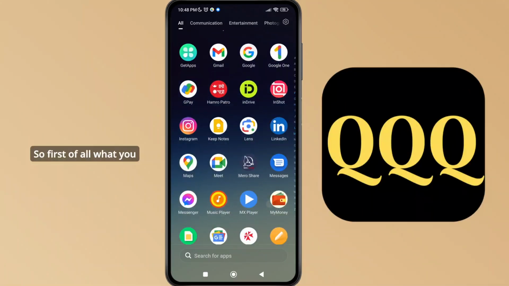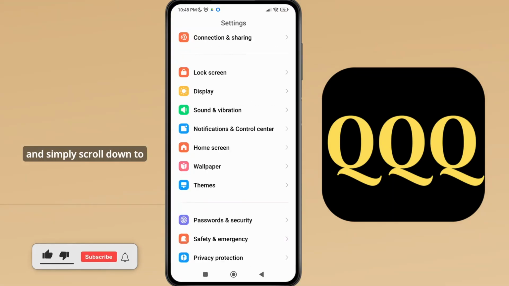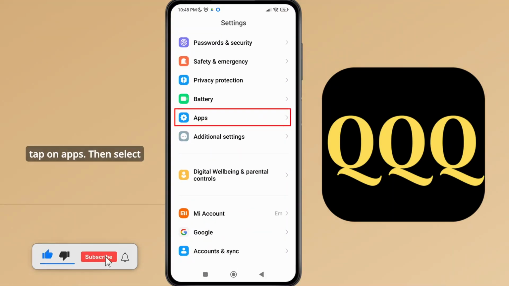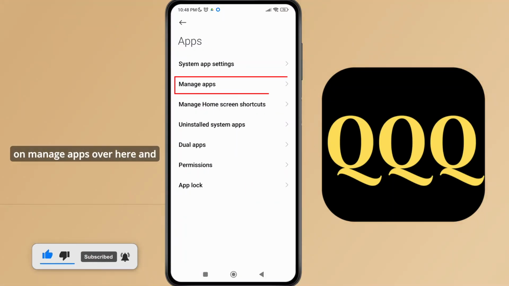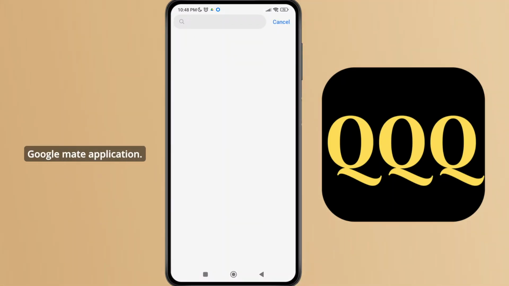So without any delay, let's get started. First of all, what you need to do is launch the settings application on your device and simply scroll down to tap on apps. Then select manage apps over here and then simply tap on the search bar to search for Google Meet